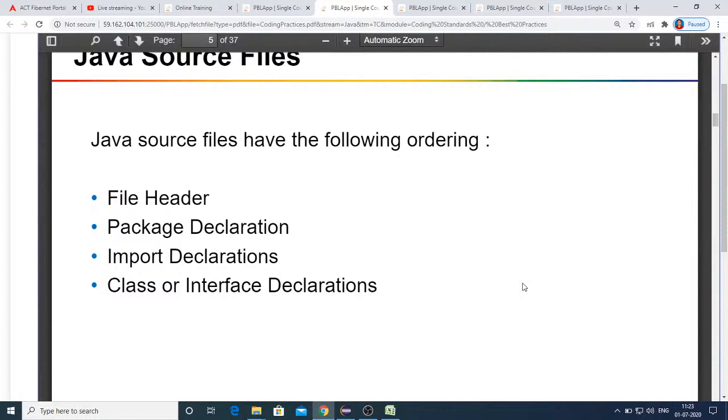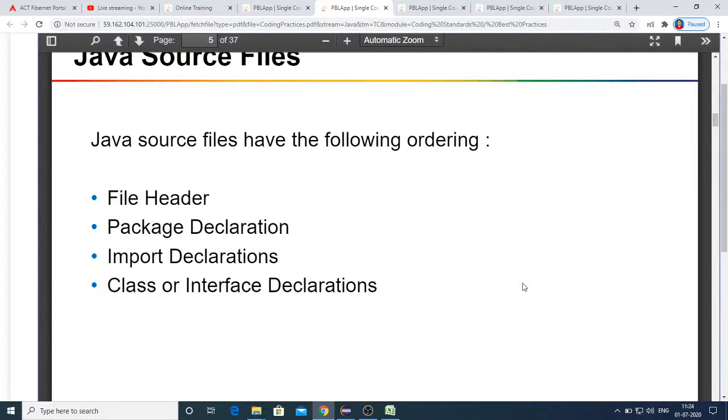And then the class or interface declarations. So this is how you should make sure that whatever file you are creating has the following order. First, the file header, which contains the complete information: what this file is being created for, for whom, what operations this file will contain, who is the owner of this file, and what Java version you have taken into account for creating this file. All that information you will write in the file header in the form of a Javadoc comment, and then the package which this file belongs to.